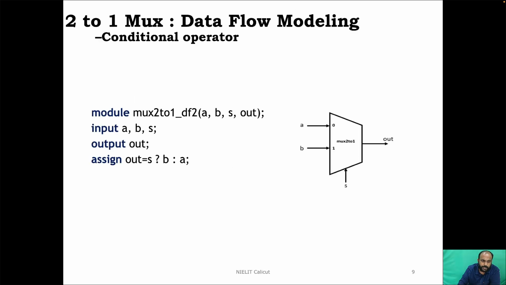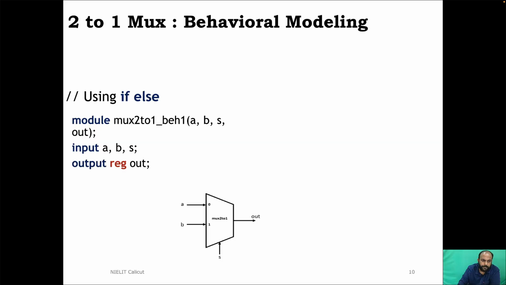But that is not the case with procedural assignments. Whenever a variable is supposed to hold the value temporarily, it must be explicitly declared as having the type register. And what's the rule of thumb? Any variable assigned inside an always block or initial block, which are the two procedural blocks in Verilog,